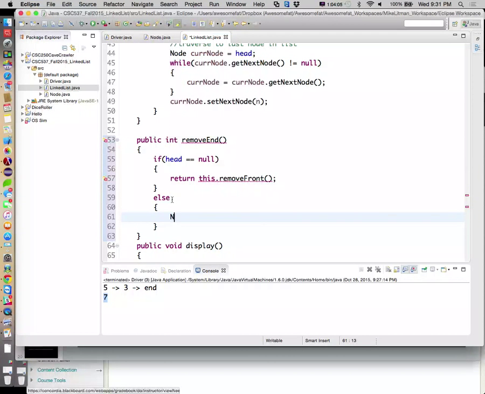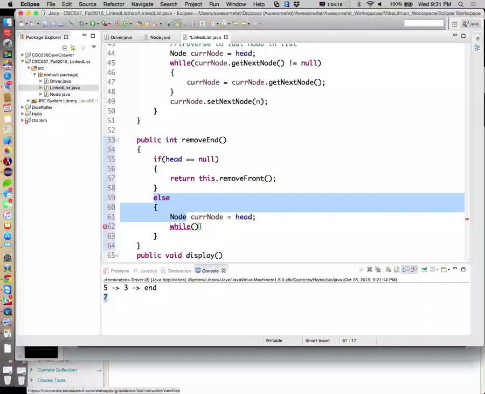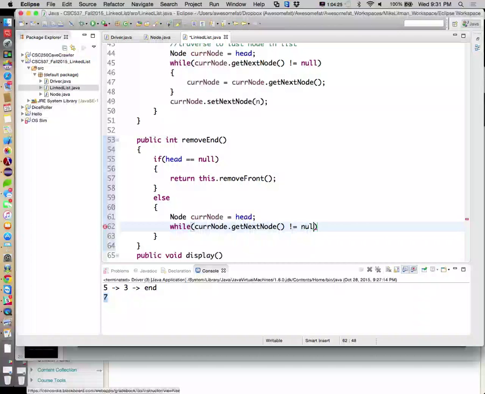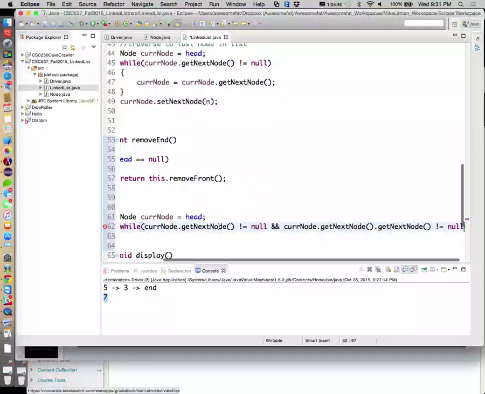We're going to go ahead and say node Cur Node is equal to head. Then we're going to say while. So we know that head points to something real if we're in here, right? Then we're going to say while Cur Node dot get next node is not equal to null, so as long as Cur Node has a next node, and Cur Node dot get next node dot get next node is not equal to null.